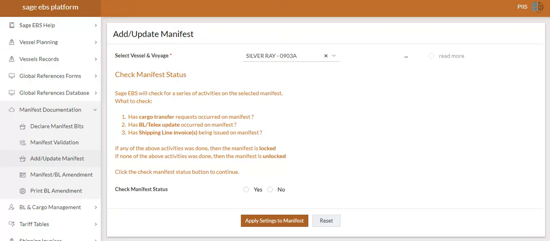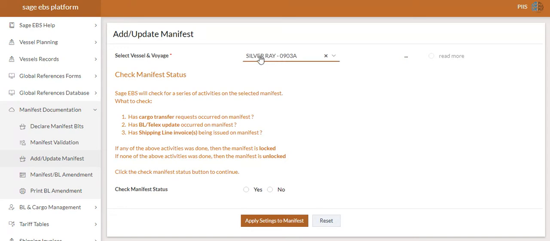So immediately we click add and update manifest, it brings us to this interface where we'll be asked to select vessel and voyage. Immediately we select the vessel and voyage, we have a checkbox here which will tell us to read more. But one of the things I want us to note is that the Sage EBS will check for a series of activities on the selected manifest.